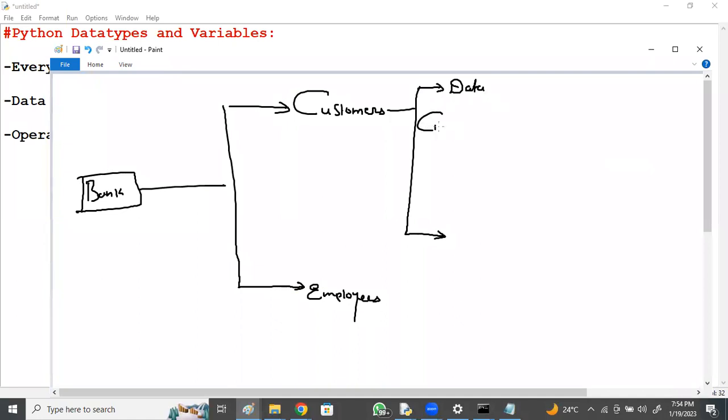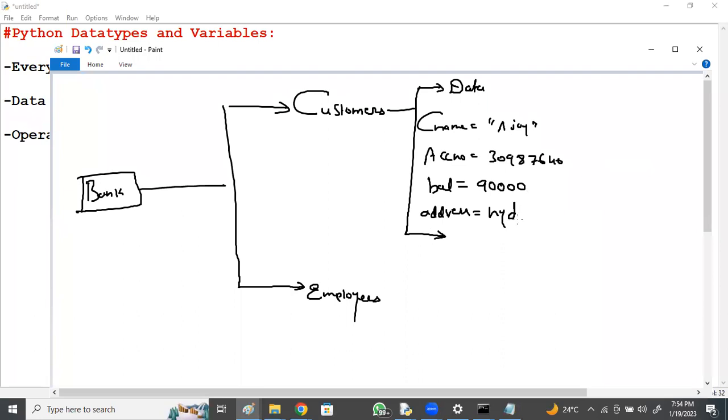Data is nothing but customer name, account number, balance, address. This data is represented using data types or variables.